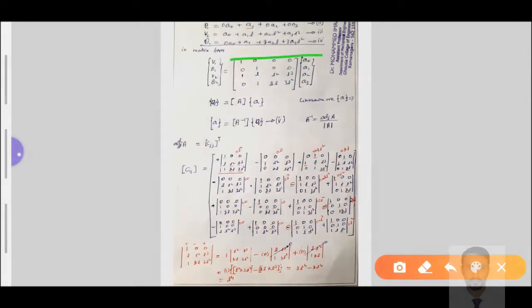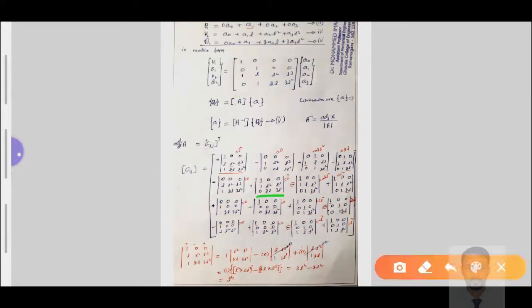Similarly next, first row fourth column, to get this value. So these are the characteristics which I have copied here in terms of a determinant, right? After getting that, again we need to get the second row. To get this second row, the first row is always eliminated. To get this value, second row first column: 0 0 0, 0 0 0, L square L cube, L square L cube, 1 L 2L 3L square.